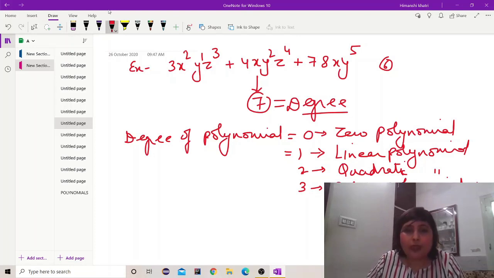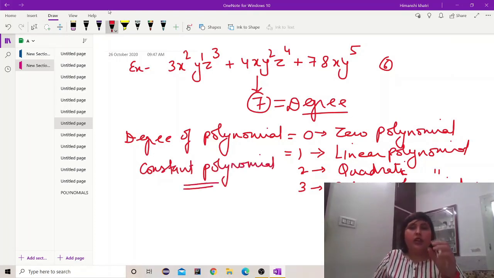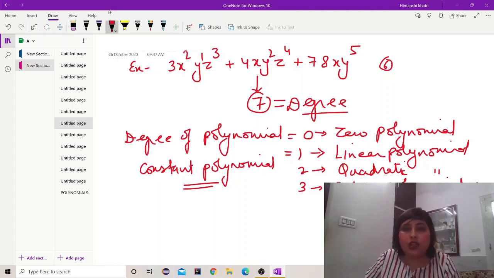Okay, so one more polynomial comes here, the constant polynomial. This also we'll discuss later. In this, now we'll start with the zero polynomial, how the degree of a polynomial is 0. Now see here,